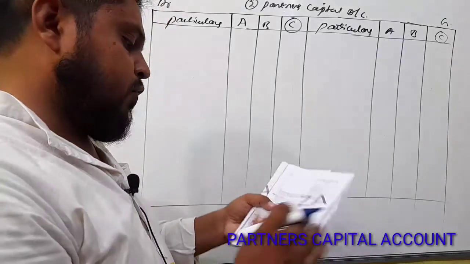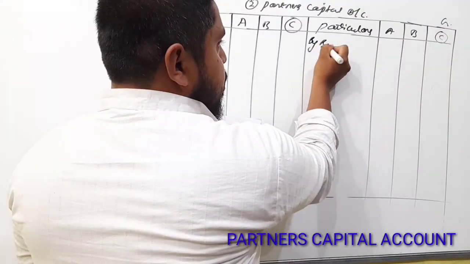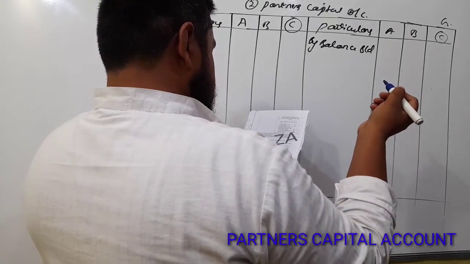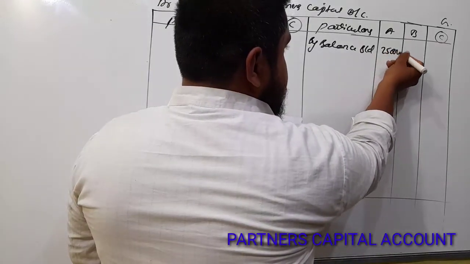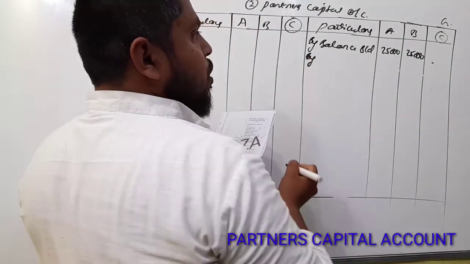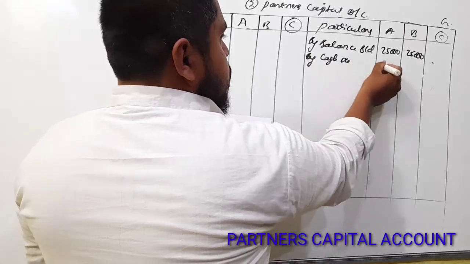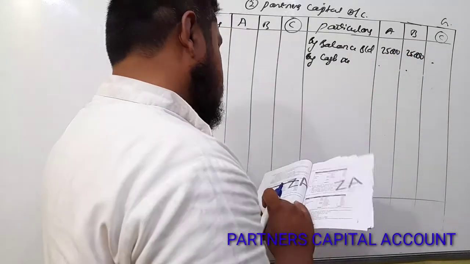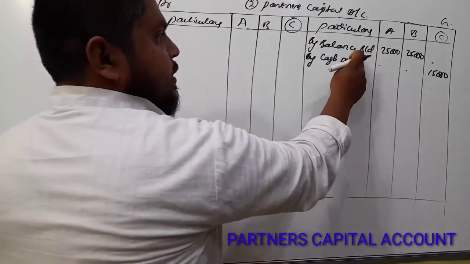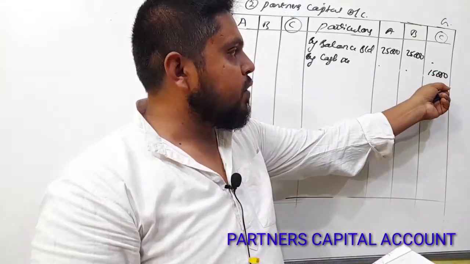So in the balance sheet, first he has given the capitals. So first we have to record their capitals, balance brought down. Liability side he has given. So here we have to record the opposite side. So capitals 25,000, 25,000. So new partner, he has brought the capital in the form of cash, that is cash account. So new partner, how much he has brought? He has brought 15,000. Now this is capitals of old partners, and new partner C has brought 15,000.